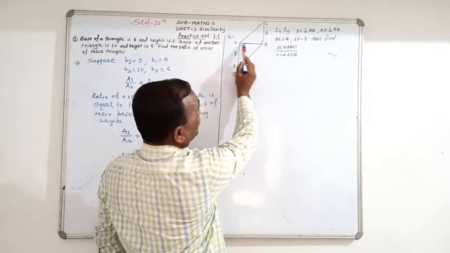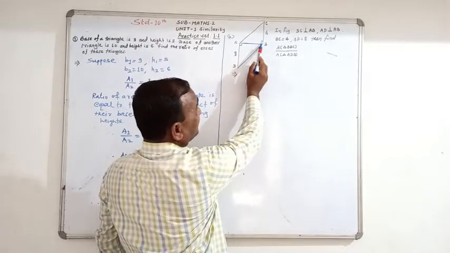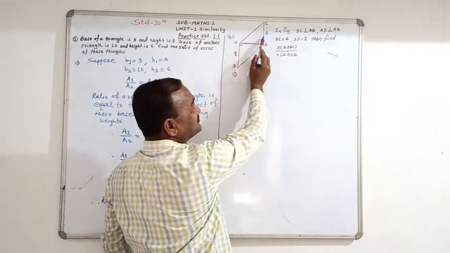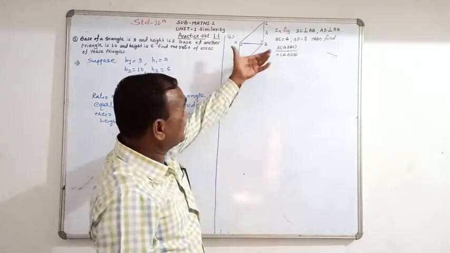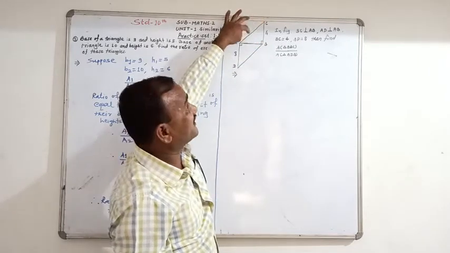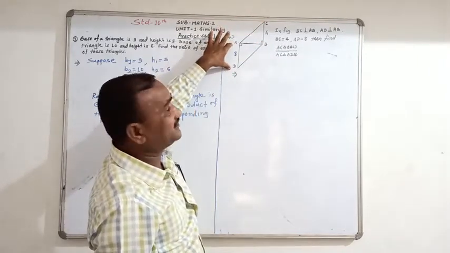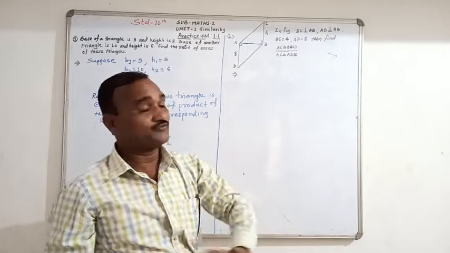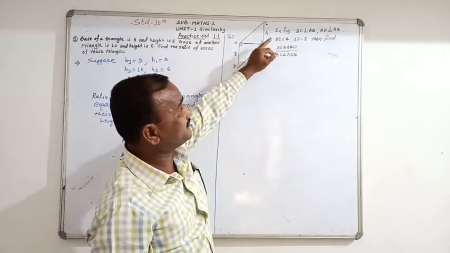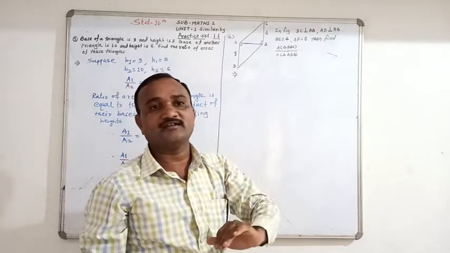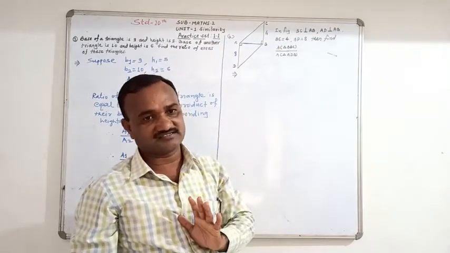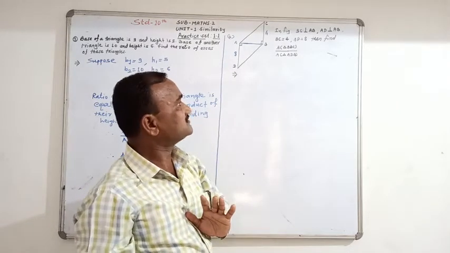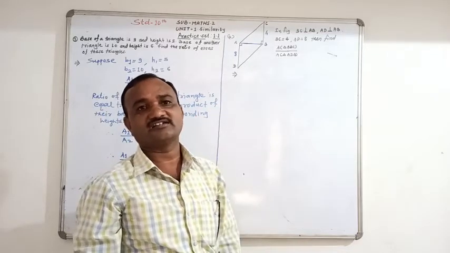So in triangle ABC you can take AB as a base, then opposite that AB is vertex C, and from that vertex the altitude BC is drawn, that is the height. So if you take AB as a base, then BC is the height of triangle ABC, and just like that AD is the height of triangle ADB. So here these two triangles have a common base. So for finding the ratio of areas of these two triangles, you should use the property of triangles having equal base. Which one is it? The ratio of areas of triangles having equal base is equal to the ratio of their corresponding heights.